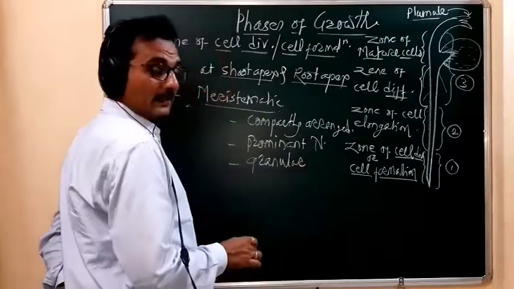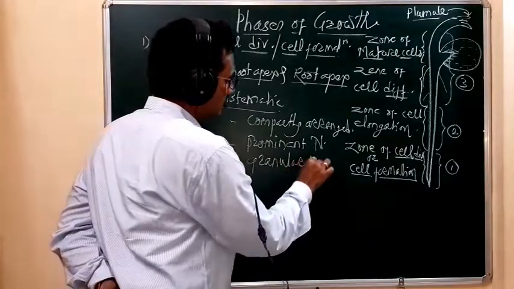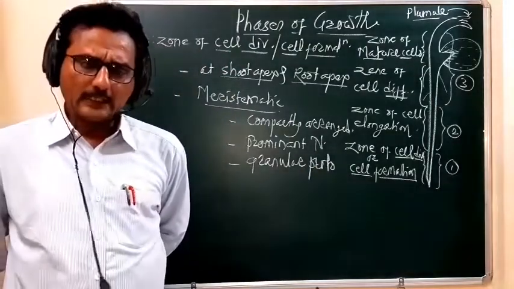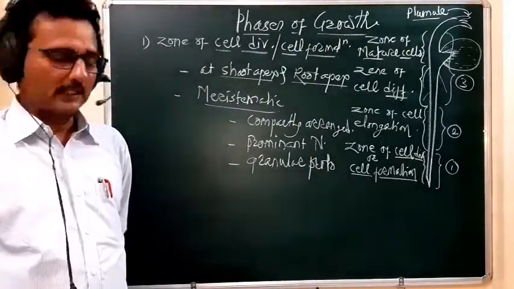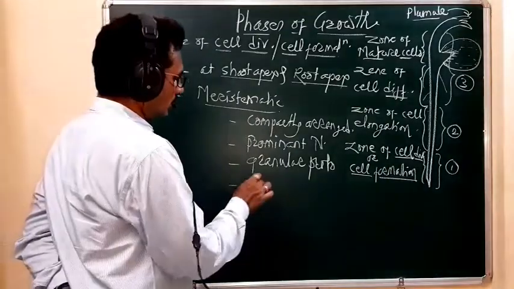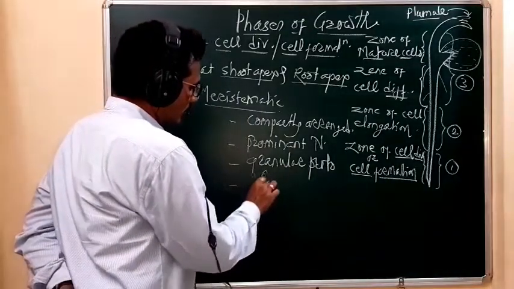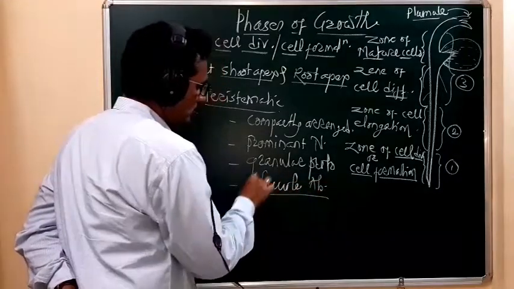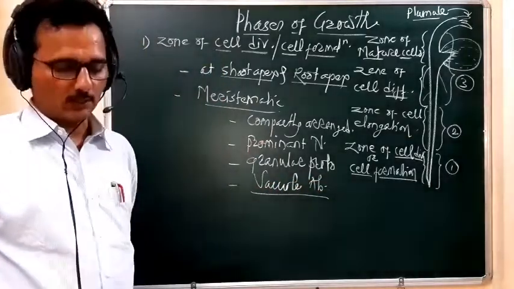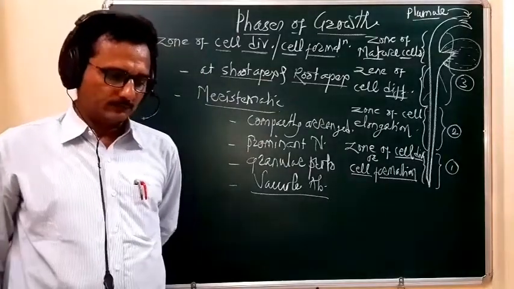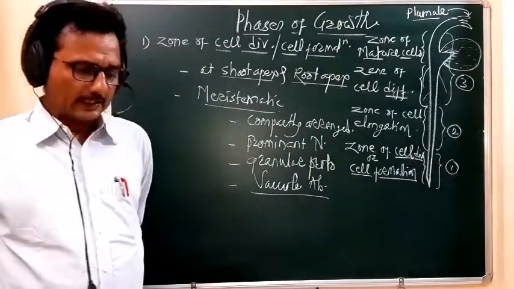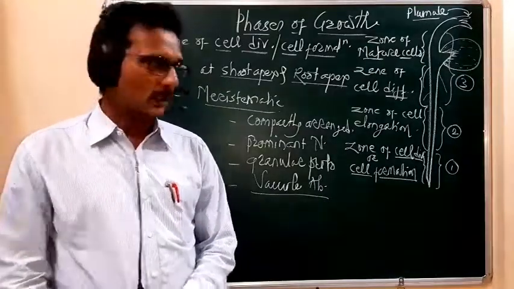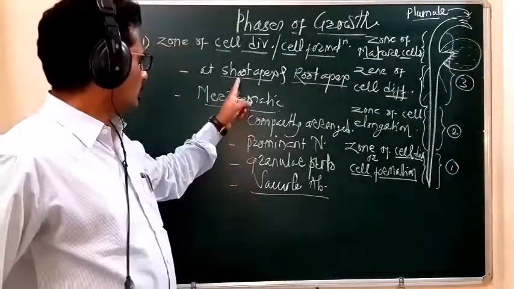We have to say they have granular protoplasm. And remember one more thing: these cells never show a vacuole. The vacuole is absent. So such characteristic features are shown by the cells which are situated at the shoot apex and